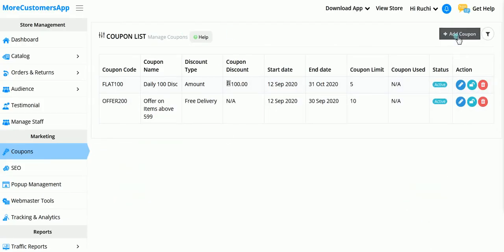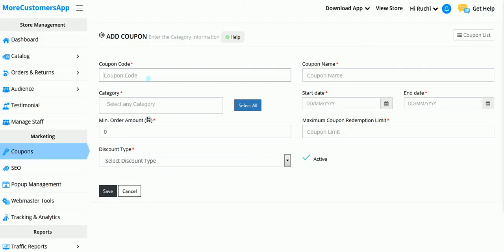Now here you can see there are several ways we can add the coupons as we saw earlier. Suppose here I am giving 10% discount, so I'll just mention DISC and 10. Okay, this is the discount coupon. So coupon name discount percent. Okay, this is just for our reference.